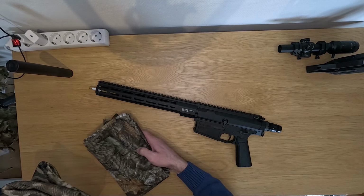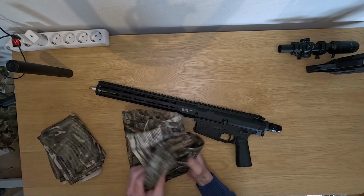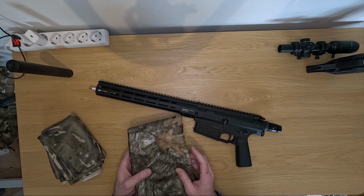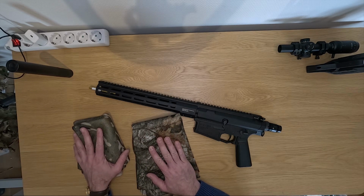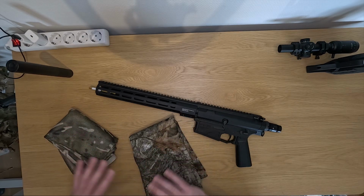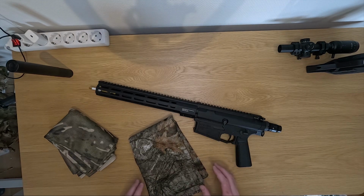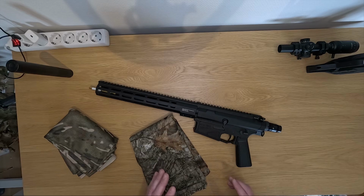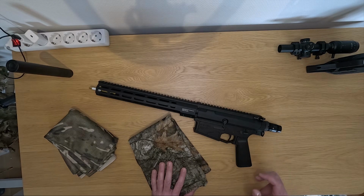So what I really wanted to do is, because I got these two pieces of mesh, this one being a bit greener, this one being a bit browner, more brownish. What I want to end up doing is use this one for the winter months and this one for the summer months. So I want to make them interchangeable, but I don't have a sewing kit or stuff like that, so I really need to figure out how I'm going to do that, because I want to make it what I found on the Northridge gun camouflage, it's very easy to use, very easy to take off one bit and put on another, and once you've